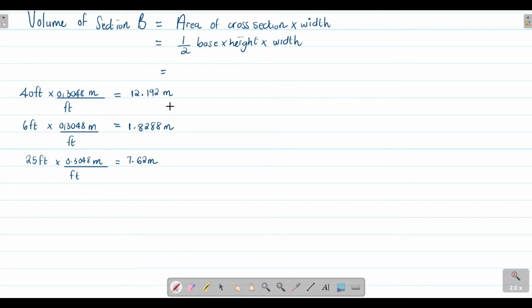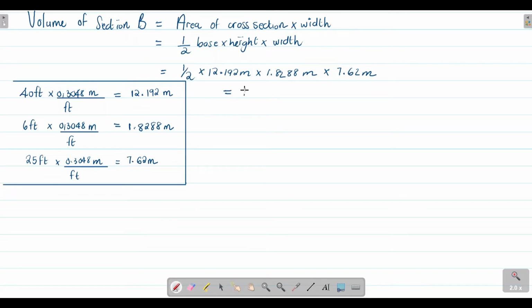Now we've got all our values here. All we need to do is substitute our values into our formula. And then if you punch that into your calculator, what do you get as your volume of section B? I'm just going to leave that half, then get the value. If you take the 12.192 times 1.8288 times 7.62, you get 169.9010796 meters cubed. So if you divide this by 2, the volume of section B is equal to